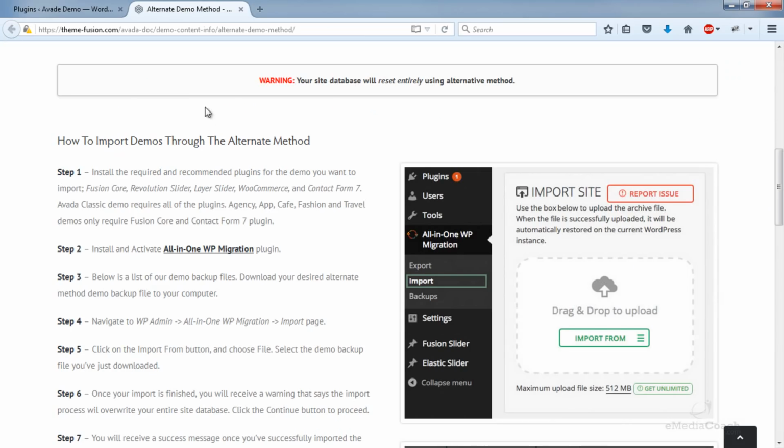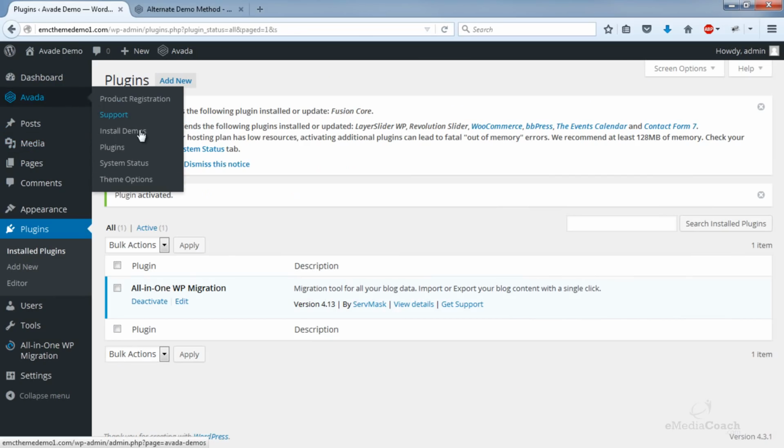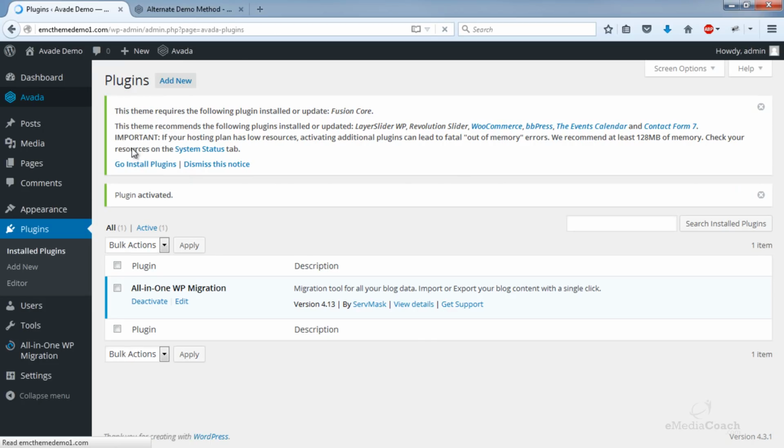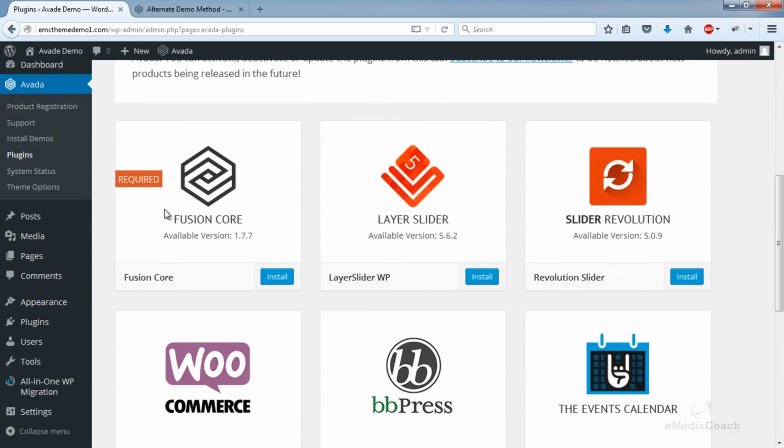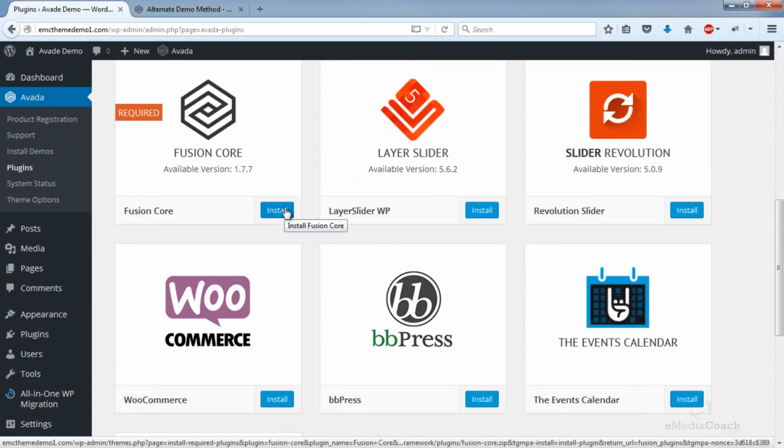Okay, that's activated. Now, we need to make sure that all these plugins are also activated to be able to import the demo content. So now all you need to do is go into Avada and plugins. So this plugins tab here, you'll see a number of plugins here, and you basically need to install and activate each one of those first before we can move any further.